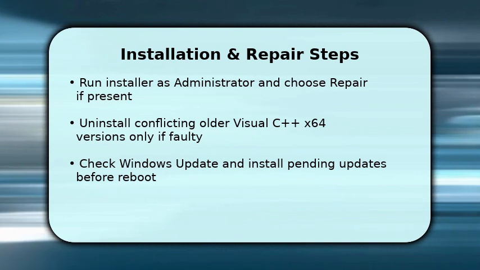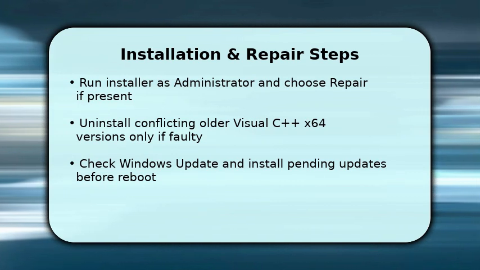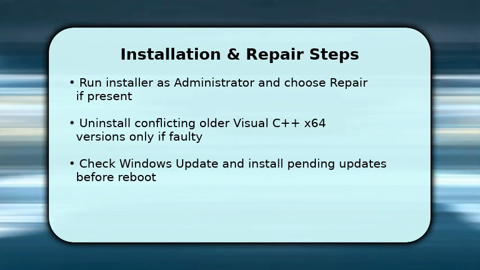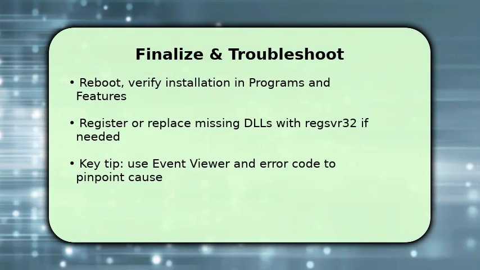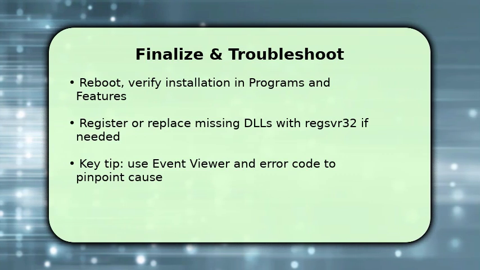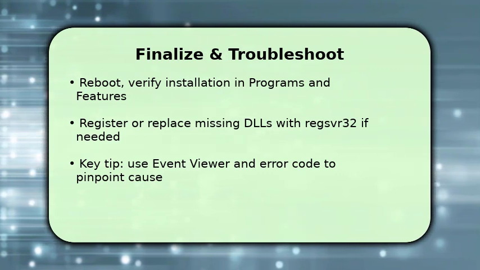Before rebooting, check Windows Update and apply pending updates to ensure runtime dependencies align. If the installer still errors, capture the exact error code and note the failing DLL name for targeted fixes in the final troubleshooting step. Reboot after installation so the system loads the new runtime, then confirm presence under Programs and